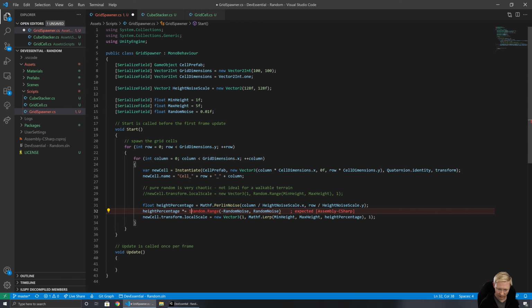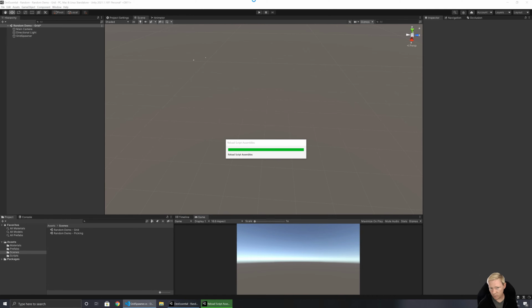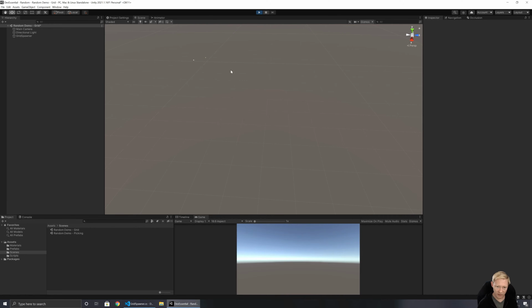If I do 1 plus, because what that will do is that will give us a random value. In this case, and I might make that a little bit larger, it would be between 0.95 and 1.05. So it's going to scale down or scale up that height percentage a little bit. So this will just break up the features a bit. And that's where randomness can be quite helpful in things like terrain generation, as a tool for breaking up features. So let's run this and let's